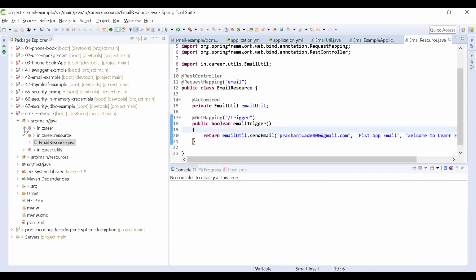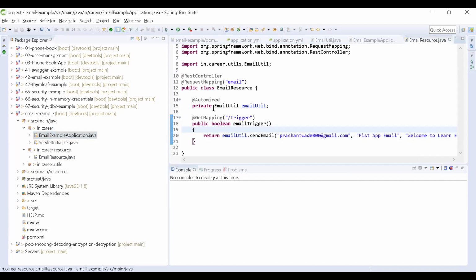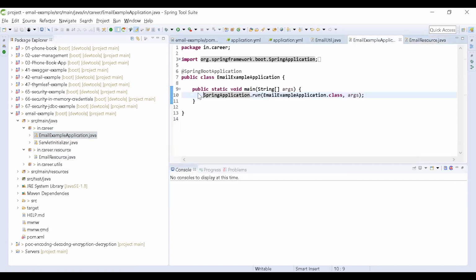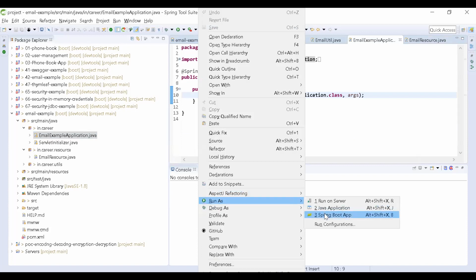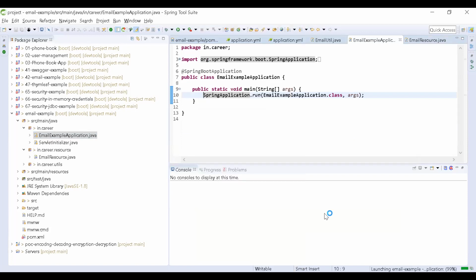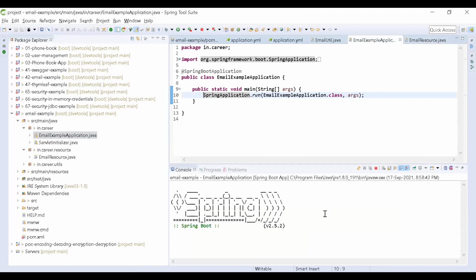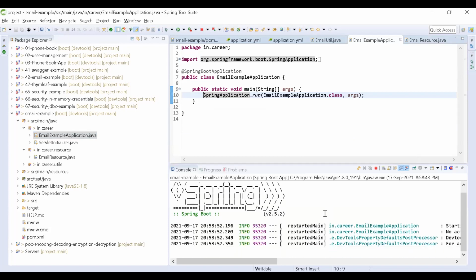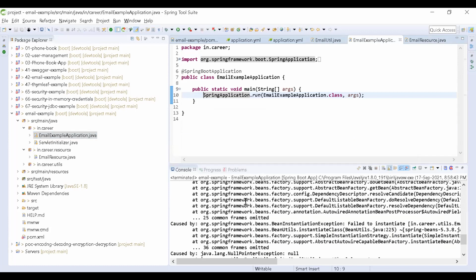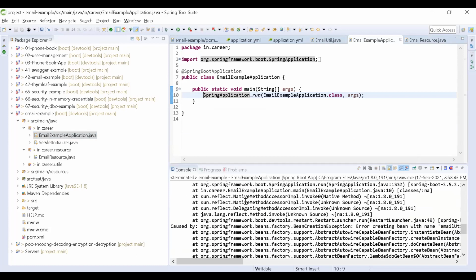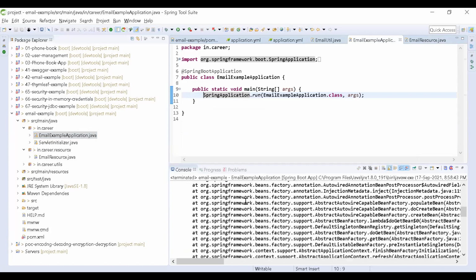So now I am going to start my email example project. I'm running it as a Spring Boot application. Null pointer exception. Why is it showing the null pointer exception?